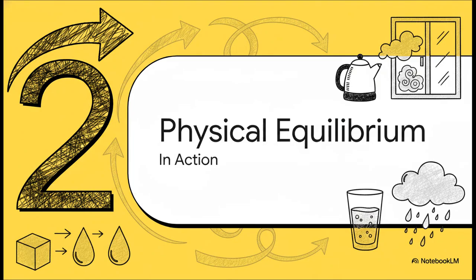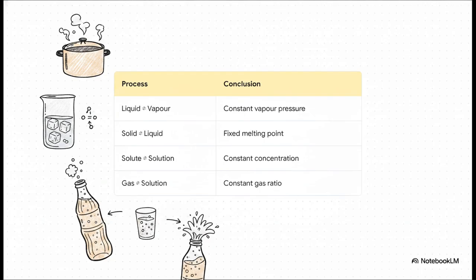Moving on to section 2, physical equilibrium in action. We actually see physical equilibria play out every single day. Take a perfectly insulated thermos containing ice and water at exactly 273 Kelvin. The physical amount of ice and water doesn't change, but molecules from the liquid water are constantly colliding with and freezing onto the ice, while ice molecules are escaping right back into the liquid. It's a continuous exchange. The exact same thing goes for dissolving sugar to make a thick syrup. In a saturated solution, solid sugar crystallizes out at the exact same rate that it dissolves into the liquid.